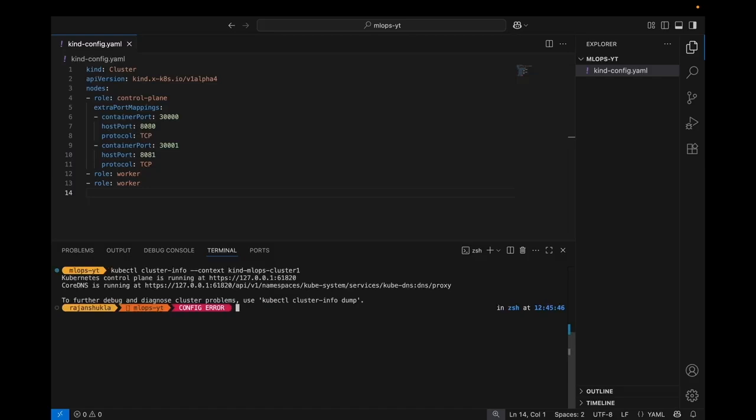Kubernetes told us the control plane is running at this port, and CoreDNS is running at this namespace, kube-dns DNS proxy, and that's really good. So what is happening when we run kubectl cluster-info? We are checking that kubectl can communicate with the Kubernetes control plane that we just created,